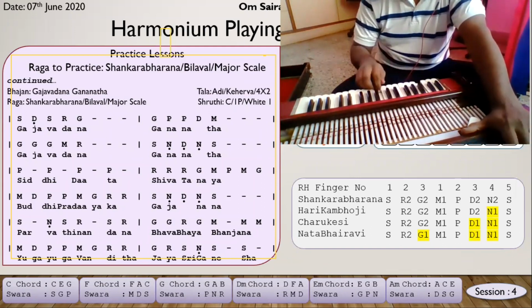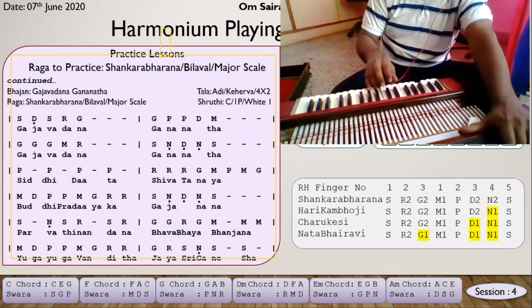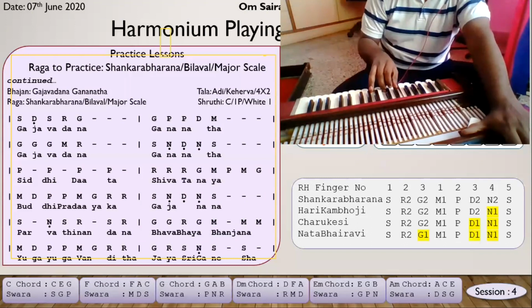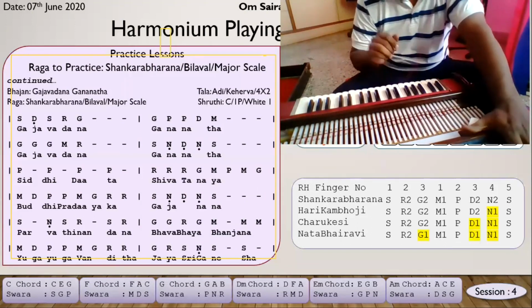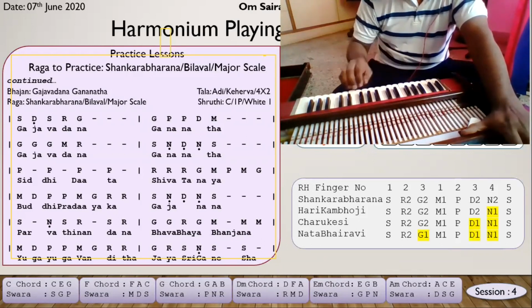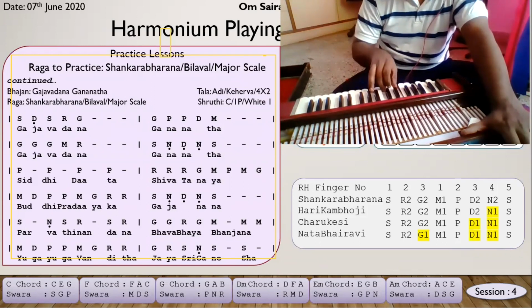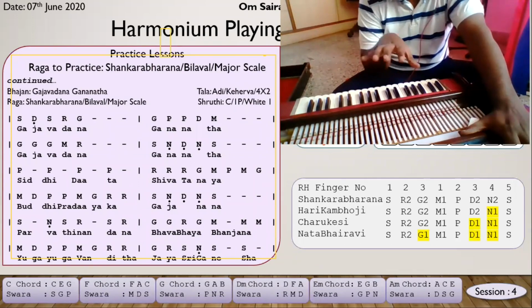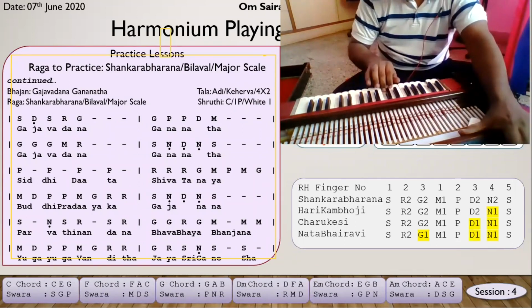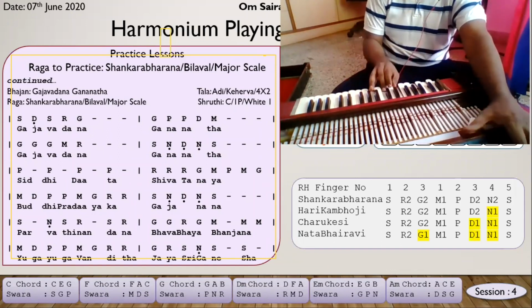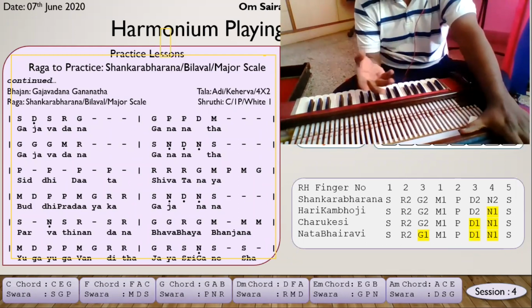So what you can do is, if somebody tells you to play this, you can play pa ma ga re sa, pa ma ga re sa. I usually do this, and that's it, so it ends. So it gives Gajavadana, or you can do sa ni da pa ma ga re sa. You just have to give the raga's avarohanam or arohanam. Just mix it up. Sariga pagarisa, Gajavadana. So it's easy. This is the way you give support to a singer.